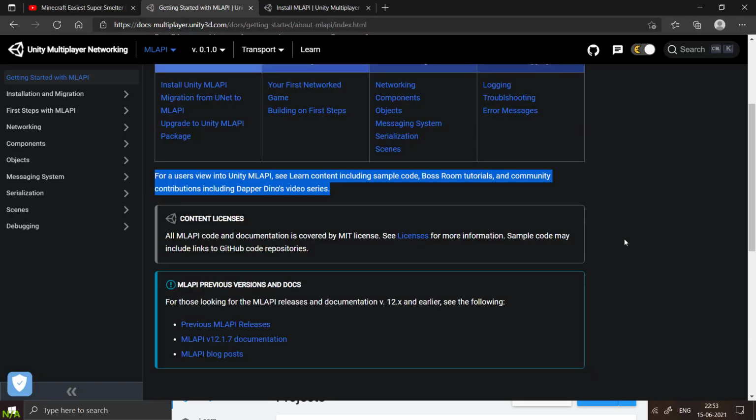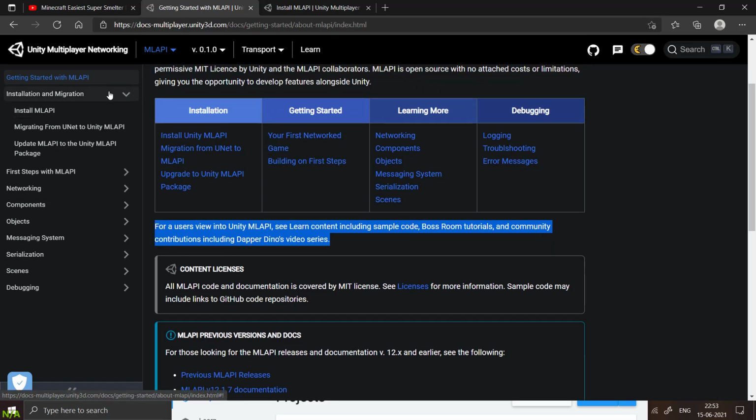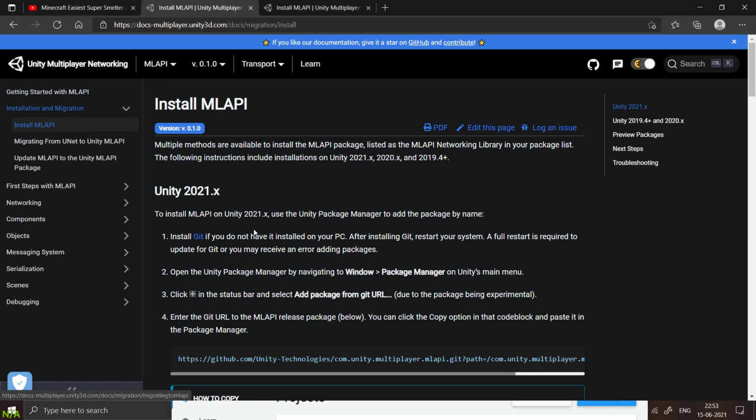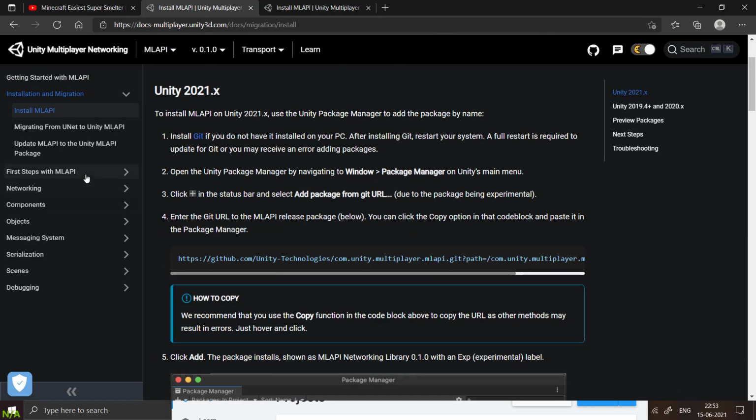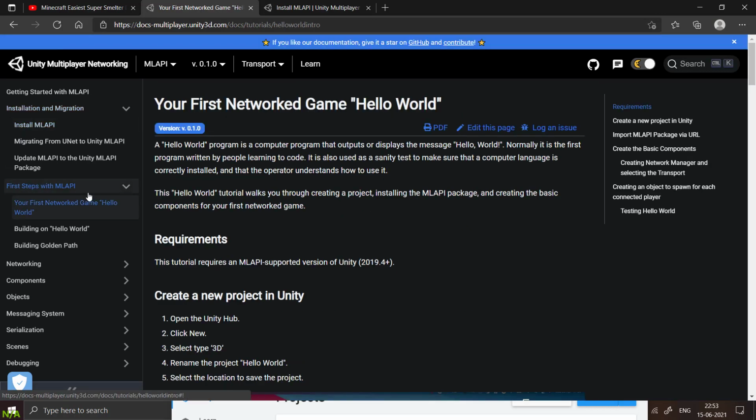Let's look at the documentation on how it suggests we get on with the ML API installation. So your first network game: installation and migration. Install ML API, we already did. So let's go to first steps with ML API. Here it gives us how we can make our first network game, Hello World.